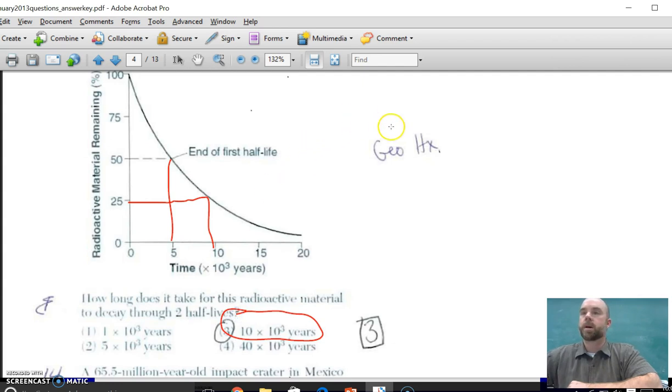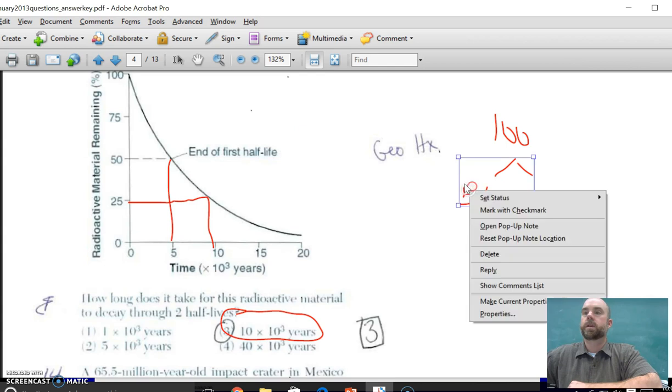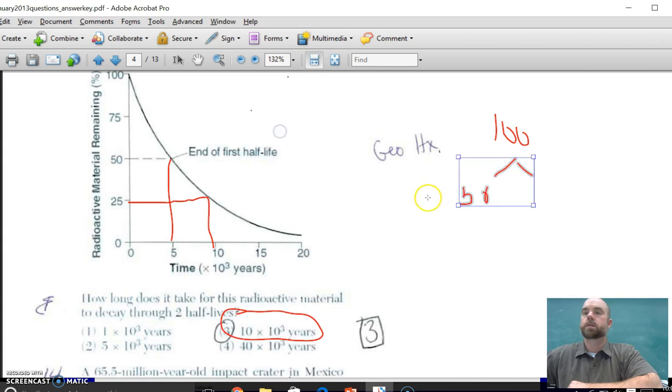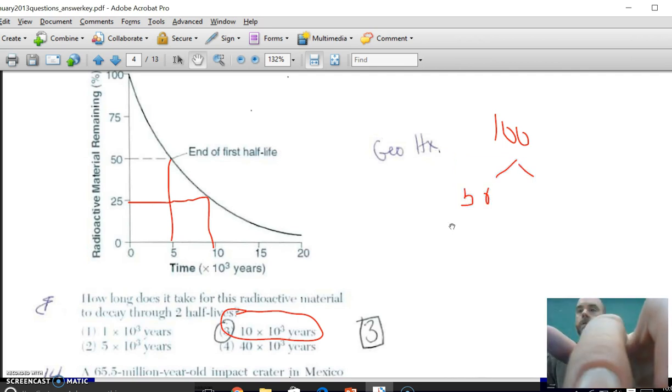Remember, if you're starting out with 100% of something, after 1 half-life, it's going to be 50%. Sorry about that, ladies and gentlemen. 50%. And then if we do, boy oh boy,